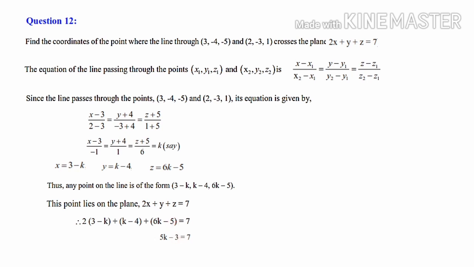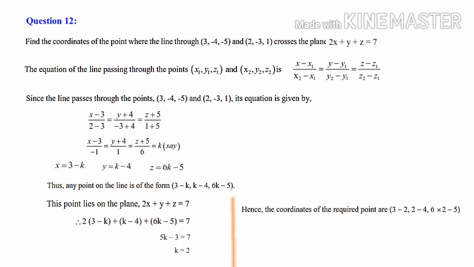Next, here there is 2 into k, minus 2k, sorry, minus 2k plus k is minus k, minus k plus 6k is plus 5k. So 5k minus 3 is equal to 7. If you feel difficulty, just remove the bracket and write one more step, then it will be clear for you. Then here 5k is equal to 7, and this minus 3 will go to the right side, it becomes plus 3. 7 plus 3 is 10. 10 divided by 5, k is equal to 2 we have got.